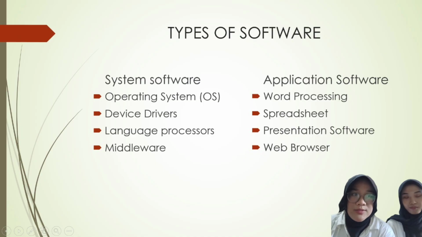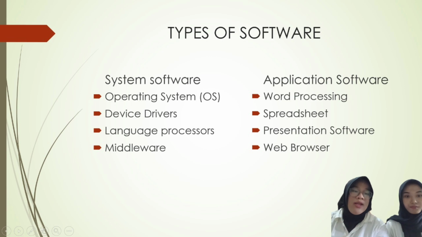Okay, let's focus on the operating system, or OS. The operating system is the main software that controls the whole computer. It helps the computer hardware and other software to work together. Without an OS, we can't even turn on or use the computer properly. The OS has many important jobs like managing files and folders, controlling input and output devices like keyboard, mouse, and